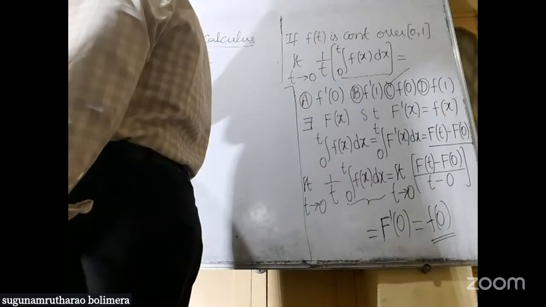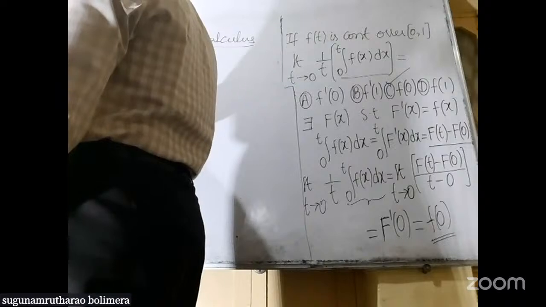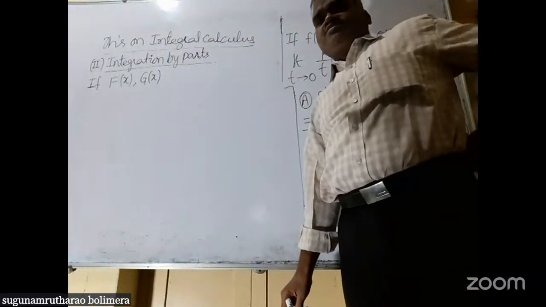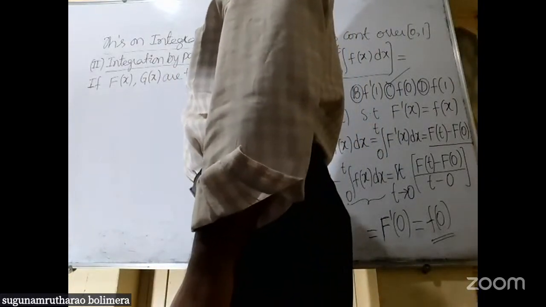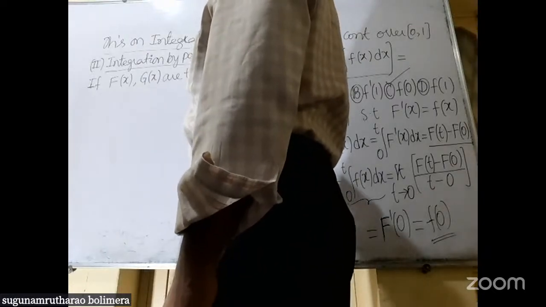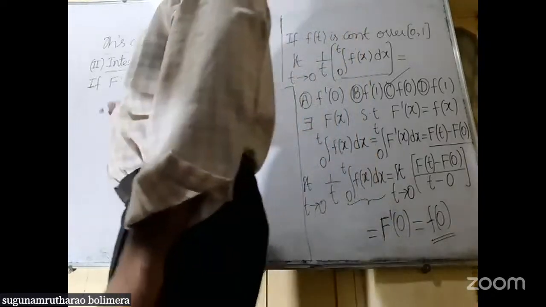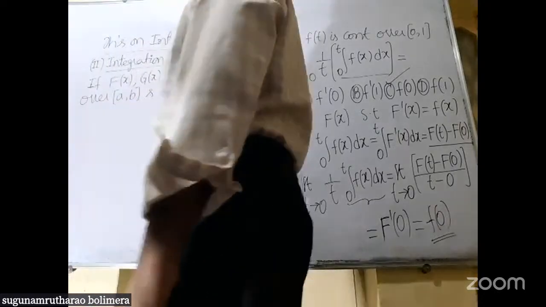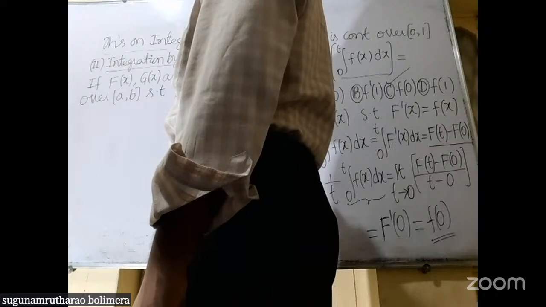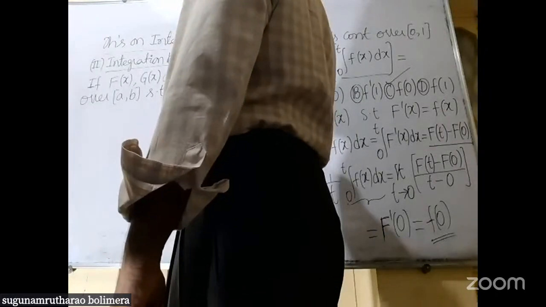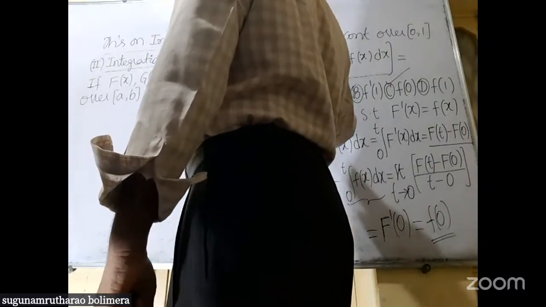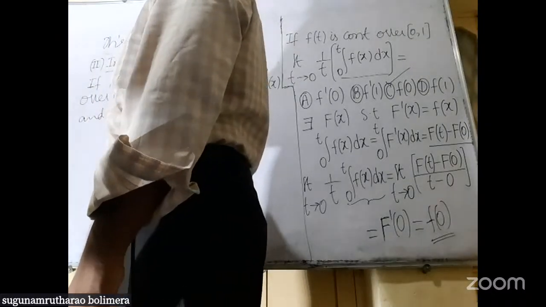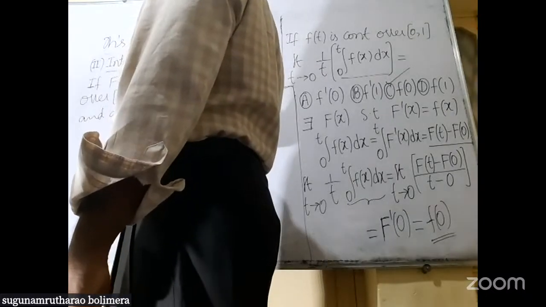If capital F of x and capital G of x are two differentiable functions over a closed interval, such that capital F dash of x is equal to small f of x, capital G dash of x is equal to small g of x, and are integrable on the closed interval,